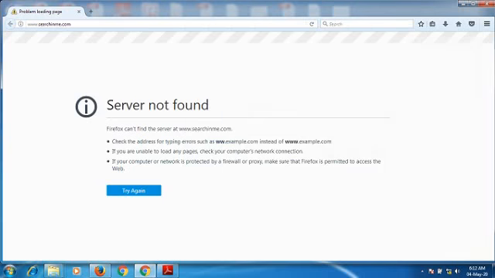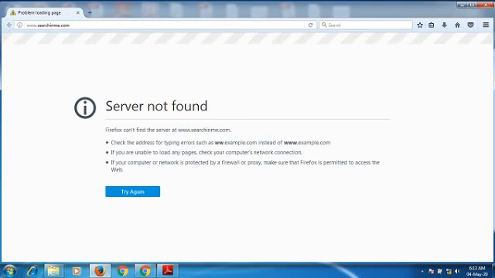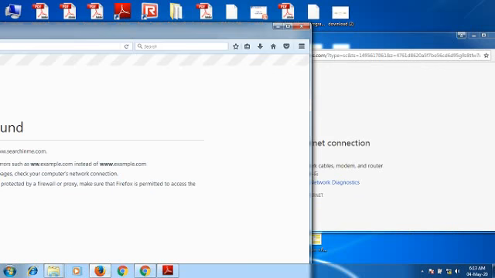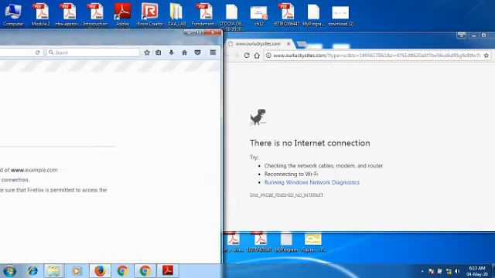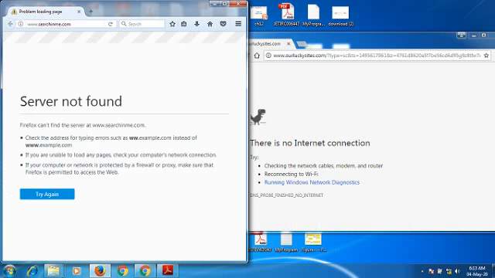Even I am clicking on the Mozilla Firefox title bar and simply dragging it to the other window here, so you can go through the content of two windows simultaneously.